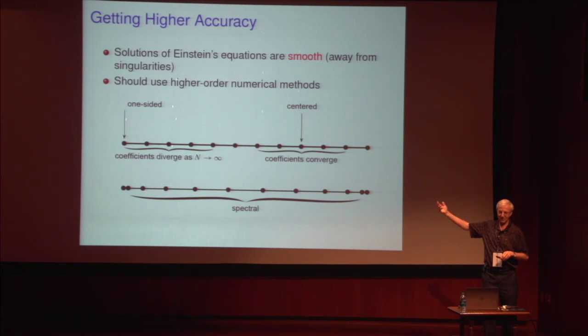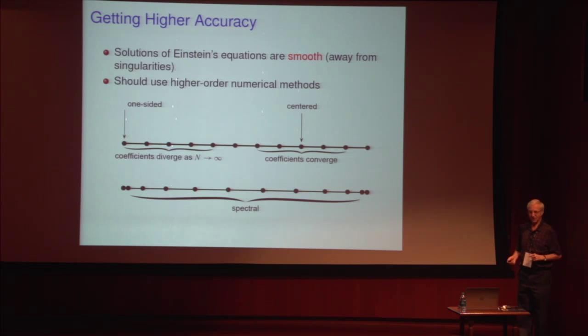So you're trying to estimate a quantity by canceling larger and larger numbers, so it doesn't work. There's an answer to this called spectral methods, and the basic trick is you don't use a uniform grid. If you cluster the points in a very clever way towards the edges of the grid, you can estimate all kinds of numerical quantities like derivatives to higher and higher order, in fact, the order of the number of points you have, and achieve high order